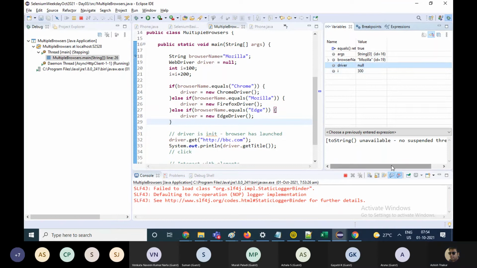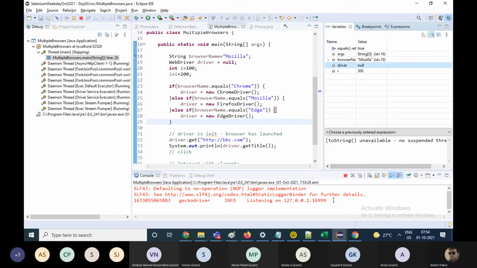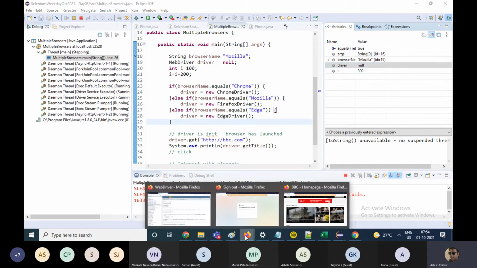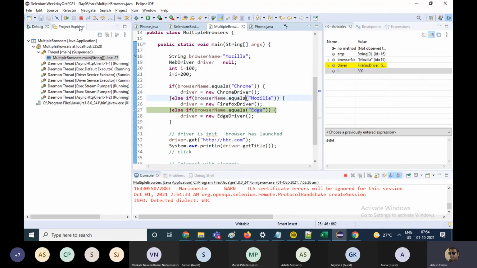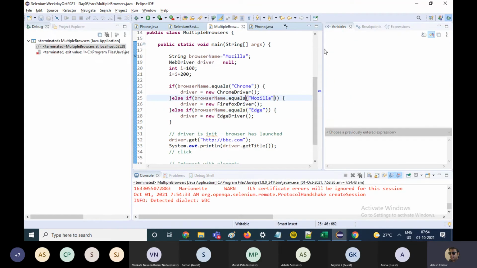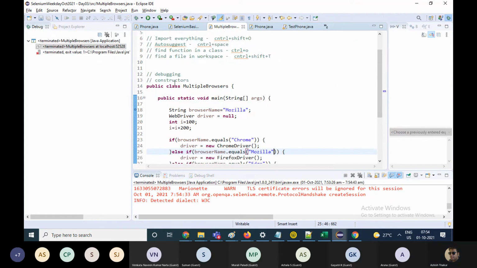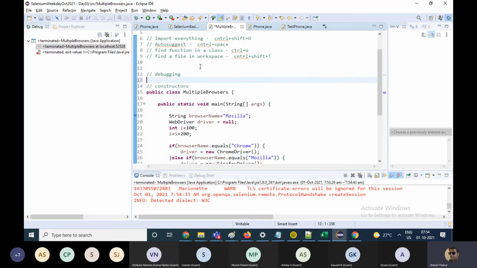Hold on, let the browser launch. See, the browser has launched now and the driver has equated to Firefox driver. So at runtime, you can see the variable values. In debugging, F6 can help you run line by line.